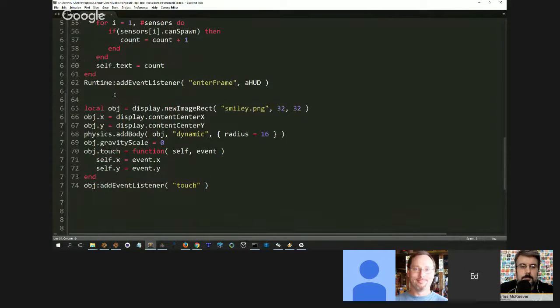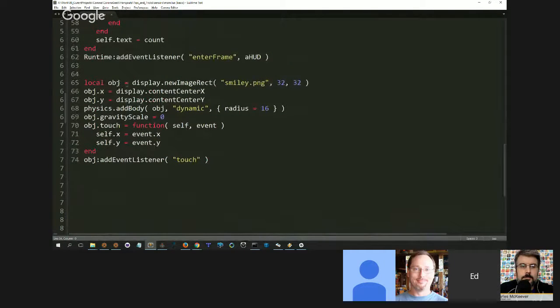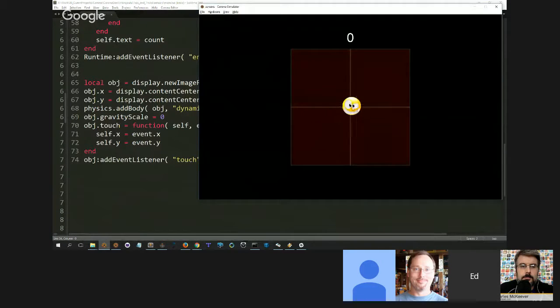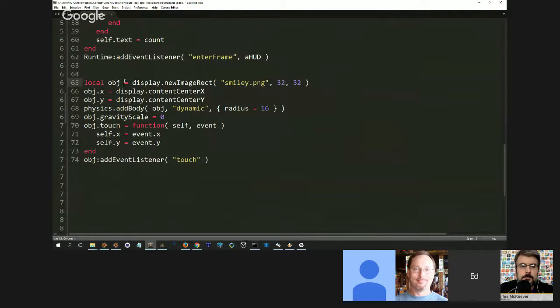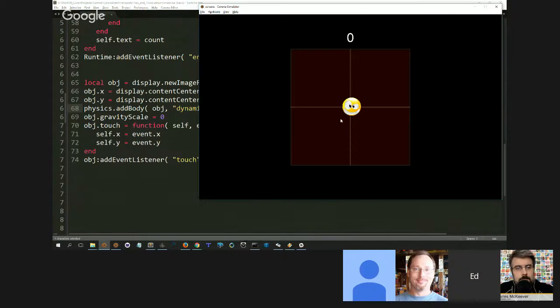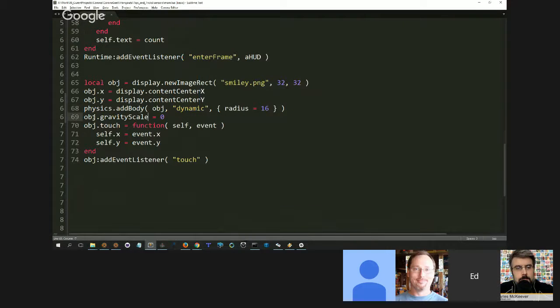Lastly, I created a little guy for us to drag around, which is the smiley face. I created a new image rect using smiley PNG, which is in the root folder. I put it in the center of the screen. I added a dynamic body to it, and I gave it a circular radius so that it's got a collision bounding circle instead of a bounding box. I set the gravity scale to 0 because physics is enabled, and I don't want gravity to pull this down. If I had forgotten to do this, just for this example,